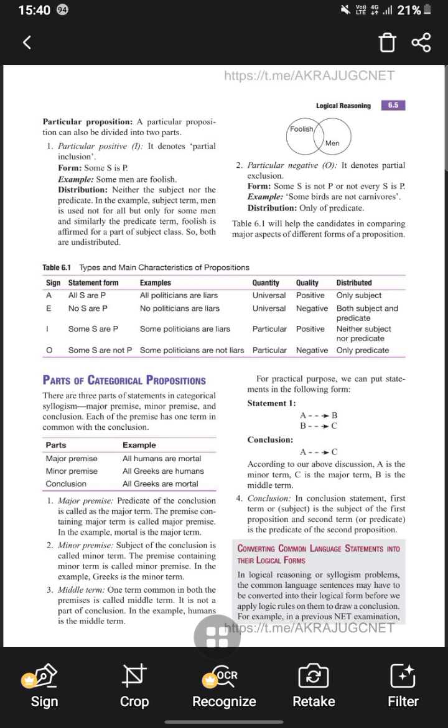According to our above discussion, A is the minor term, C is the major term, B is the middle term. The conclusion: first term